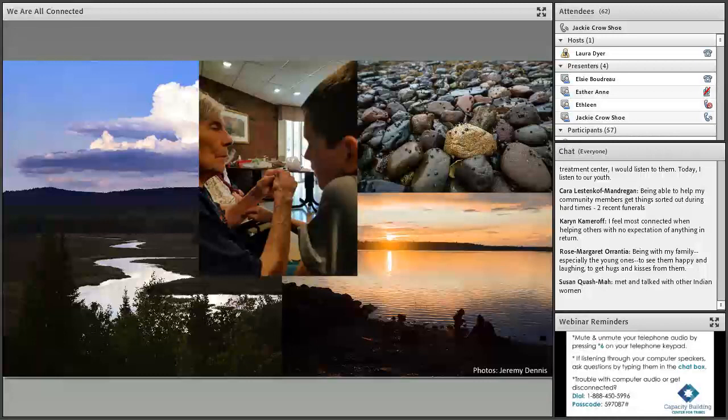So we have been focusing our work on, Elsie talked about restoring and repairing harm, and we've been focusing our work on educating about restorative justice processes and offering those to inmates and families as they are released and come back into the community. And it also means educating the community about these processes.